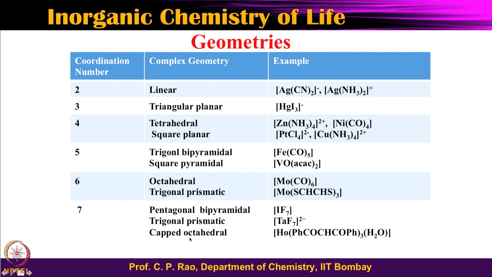One of the faces of the octahedron is capped by a particular ligand. Okay. So, these are different kinds of geometries, and I took the examples of the transition metals primarily, so that they are of most importance to us in the bio-inorganic or biological inorganic chemistry aspect. Whatever I said earlier in the previous slide can be seen here with more clarity.